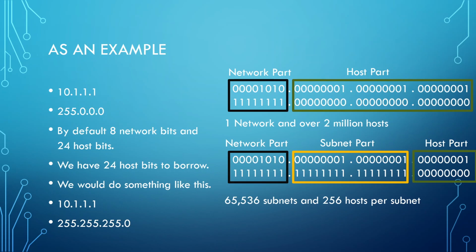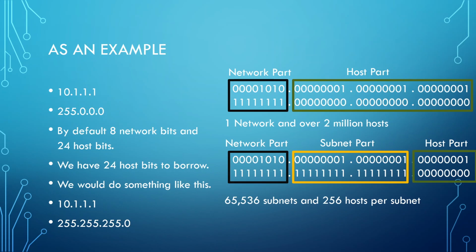Now, just by doing this, we've taken that one network and we've broken it into 65,536 smaller networks with 255 hosts per network. And that's literally just from taking this one IP address, this one Class A network, this one big network, and breaking it down into smaller networks. Now, to get how many networks we've actually got available to us, all I did was take the subnet part. So the subnet part is now 16 bits long, and then just do 2 to the power 16. 2 to the power 16 gives us